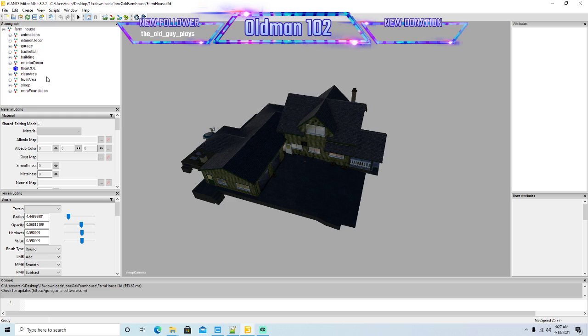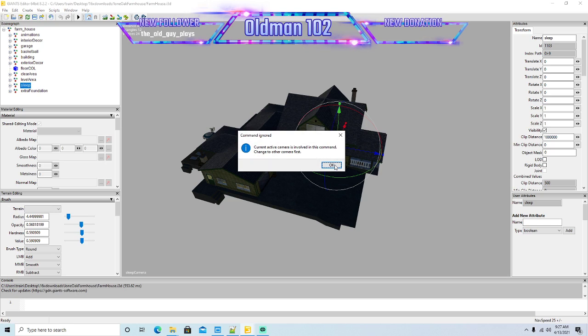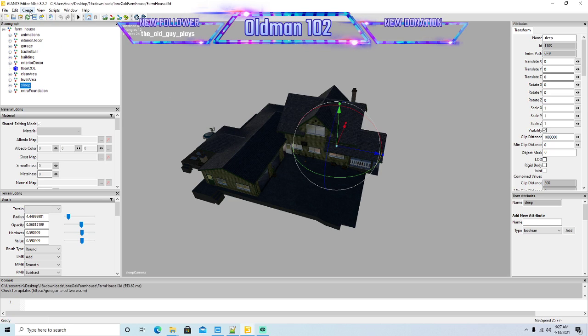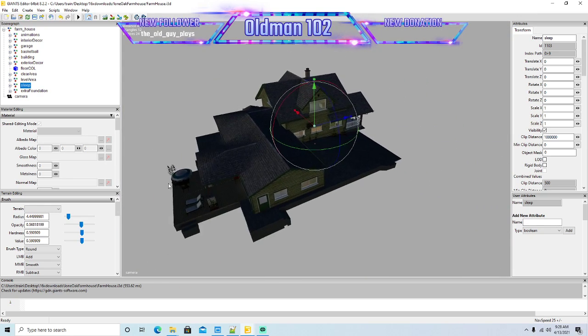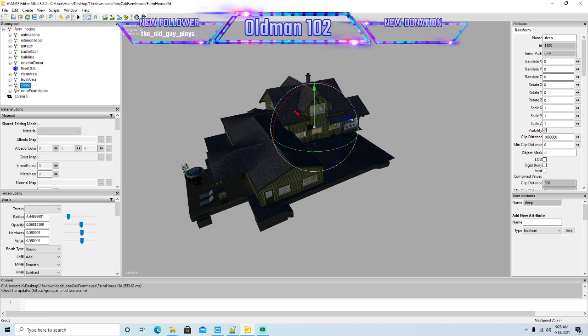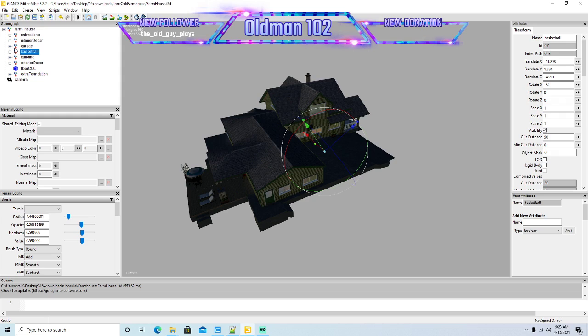So, Lone Oak Farmhouse. Let's see what we can get rid of that we don't need. We don't need the sleep trigger, so that can go. All right, so we've got to create a new camera. So let's create a new camera. Now we've got to go view the camera. Okay, now that we're off the sleep camera, this will work. We can get rid of the sleep, the level area, and the clear area. This we've got to keep. The garage, interior decor,